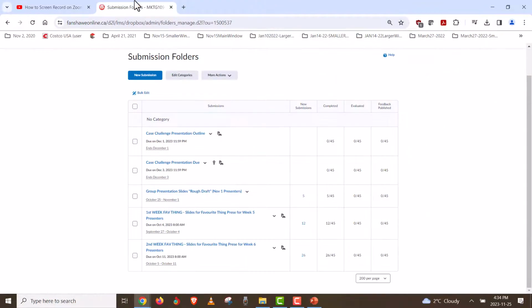And then you would go to FOL. I already have the submission folders up here. So this case challenge folder is going to be your PowerPoint file as number one. So everybody's going to submit two items, the slides and a video file. And if you don't submit it by the time it's due, I'll probably have a Dropbox like this extended to a degree, but late submissions will affect your mark